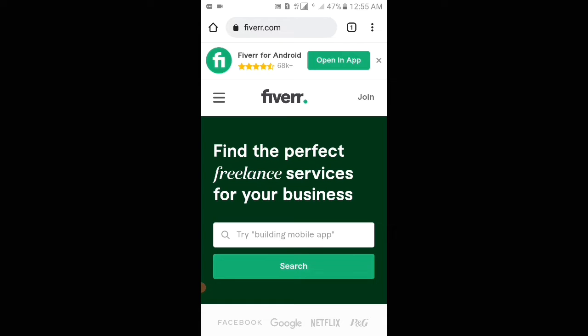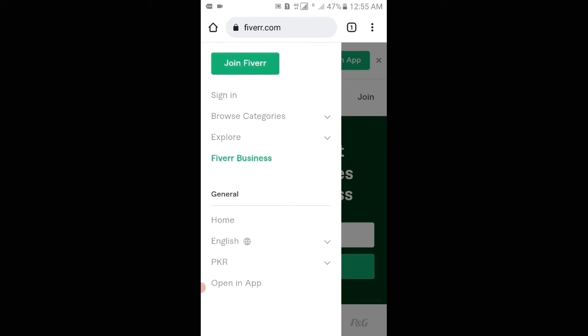and then viewers, you have to sign in to your Fiverr account. So to sign into your Fiverr account, what you have to do is tap on the three horizontal lines, which is also known as the hamburger menu. You have to tap on it. After that viewers, you have to tap on sign in,